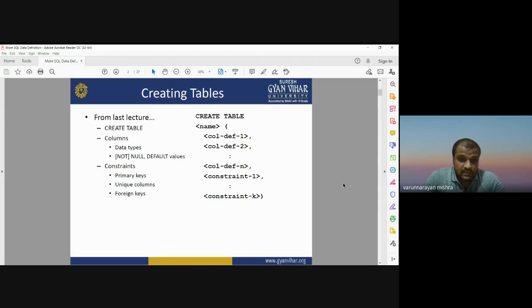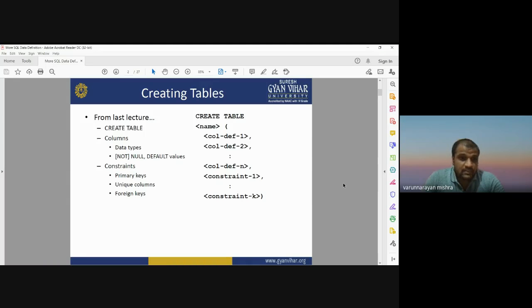In the last lecture, we saw the meaning of create table. We also know that there are components: data definition language and data manipulation language. Data definition language includes the creation of the table and the structure of the table, and data manipulation includes the insertion of any value, deletion, or updating of the database. We discussed how to create a data table, what a column is, and the different types of data which can be used in SQL. It may be numbers, strings, or text. We can also insert date, month, and year in SQL.